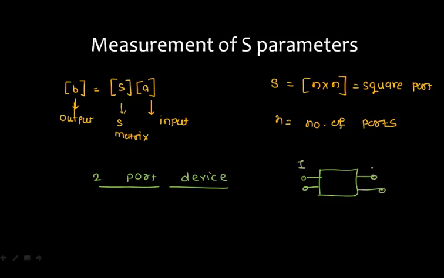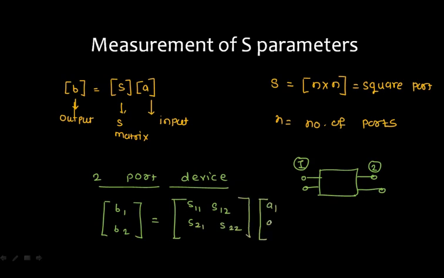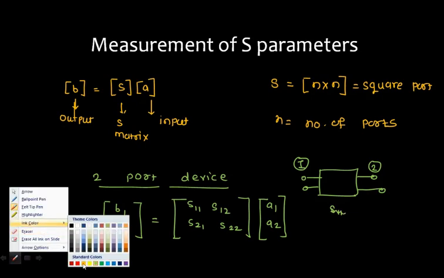A very well-known example is the isolator. So if I say this is my port number one and this is my port number two, how will the inputs and outputs correlate with each other? B1, B2, because there are only two possible outputs, and my scattering matrix will be like this: S11, S12, S21, and S22. Then you are multiplying it with A1 and A2. So if I talk about each scattering parameter, I'll go on to B1 and B2: B1, B2 is equal to the matrix S11, S12, S21, S22 times A1, A2.